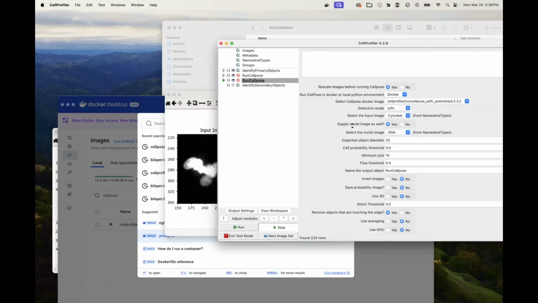So what are the things you just tuned in this module, Beth, as you were chatting? Yeah, that's a great question. I tuned which CellPose model to run. I changed it from nuclei before to cyto here, which is their cytoskeleton marker or their sort of whole cell model. Because we now want to find the cells, I switched which image to use. I told it to use the cytoskeleton image instead of the DNA image.